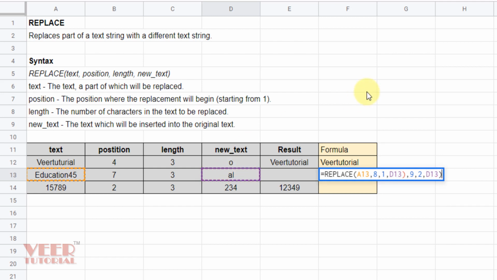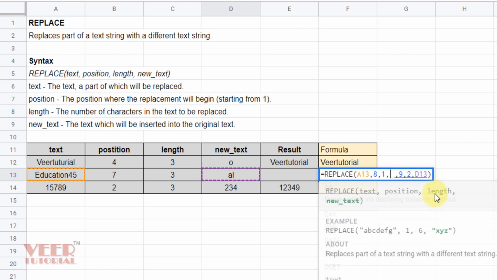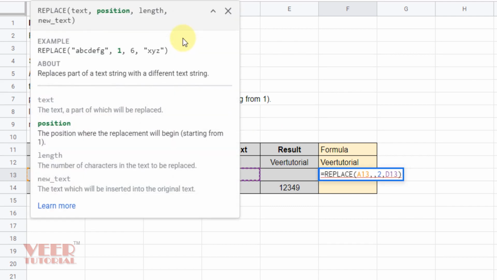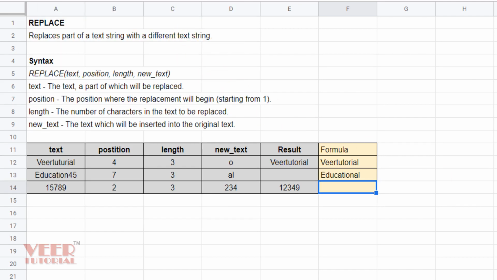Sorry, I made some mistake. Actually it was taking the reference from the cell F12, which is on the upper side, so I will remove these arguments. So now looking okay, press enter. Let me see. No, we are not getting it, because I gave the 9th position, but the characters which will be replaced start from the 10. So I will replace these ones from 9 to 10, and now we got our answer.